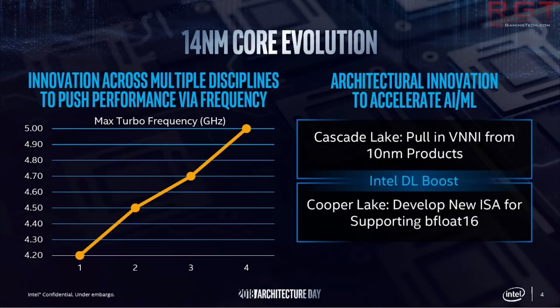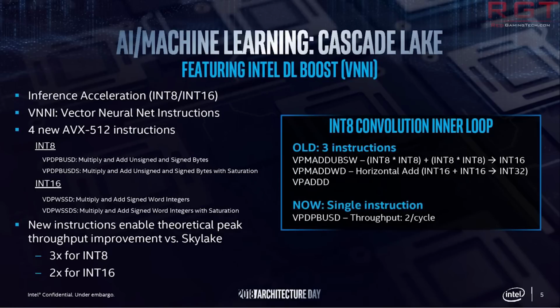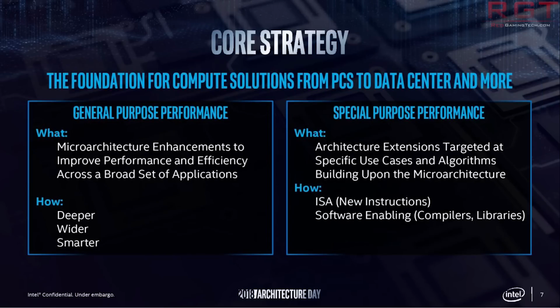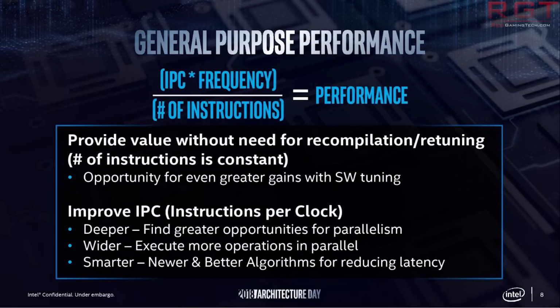We see enhanced microarchitecture to execute more operations in parallel, new algorithms to reduce latency, increased size of key buffers and caches to optimize data-centric workloads, architectural extensions for specific uses and algorithms, for example, new performance-boosting instructions for cryptography such as vector AES and SHA-NI, and other critical use cases like compression and decompression. Sunny Cove enables reduced latency and high throughput. So there's a whole lot of words that is kind of dumped in your head like so much confetti there,